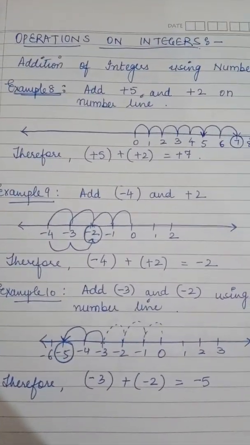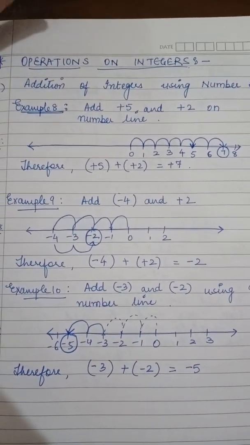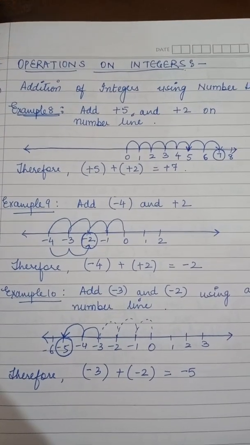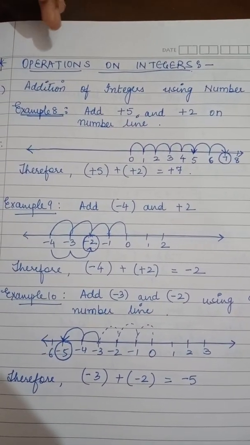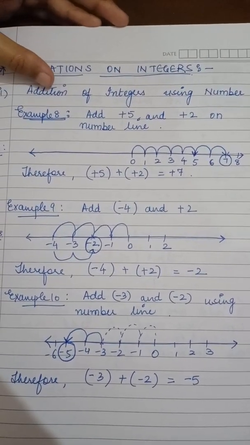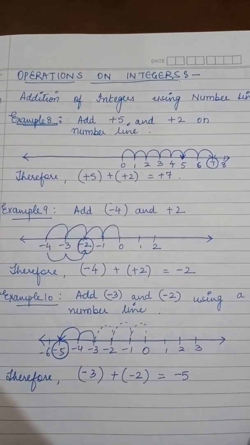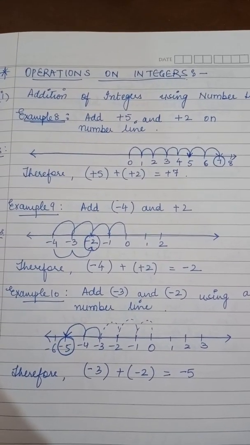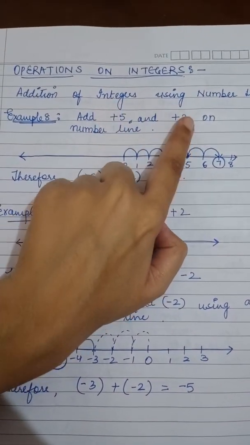Next we are going to talk about the operations on integers. Operations means we have 4 operations: plus, minus, multiply and divide. In the 3.3 exercise, we are going to do 2 operations, addition and subtraction. Firstly, we are going to do the addition of integers. If 2 integers are given to me, then how am I going to add them? Like if 5 and 2 are given to me, what is 5 plus 2?